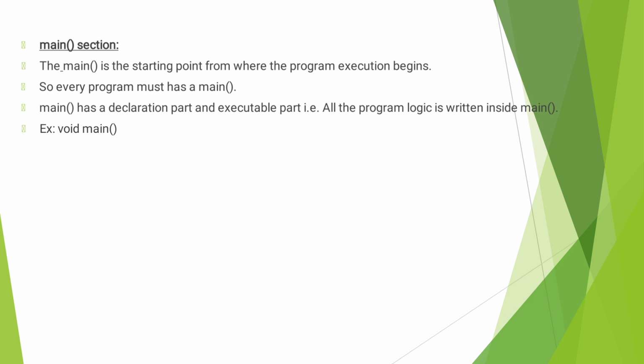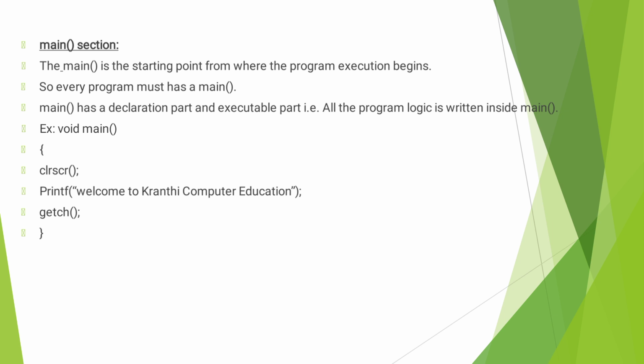Let us see the example. See, this is the main function section. See what statements we are including in the main function. See the example, void main. This is the main function, and in the next line an opening brace is there. This is the starting point of the main function, and at the end we write a closing brace. Inside these braces the main function statements are written.